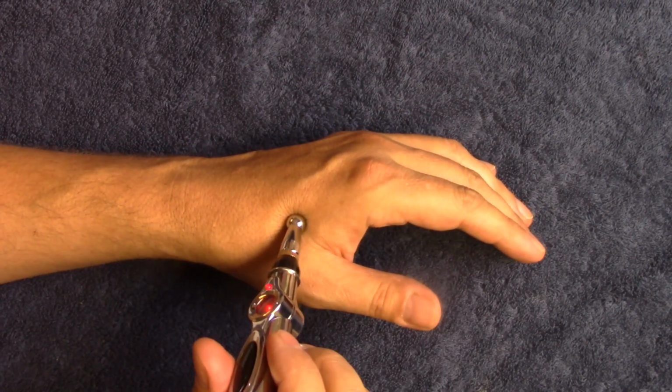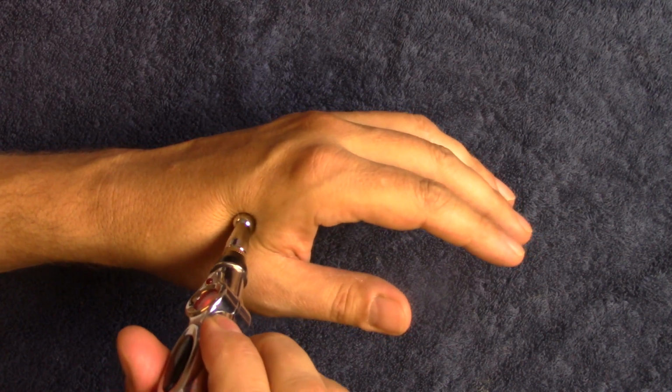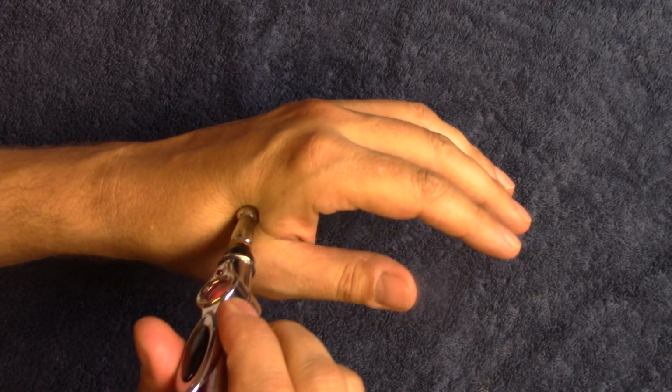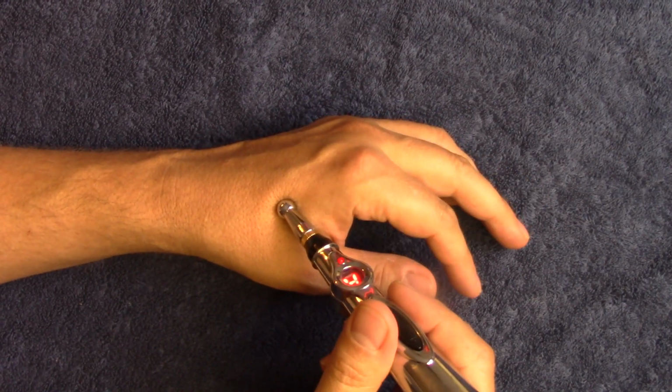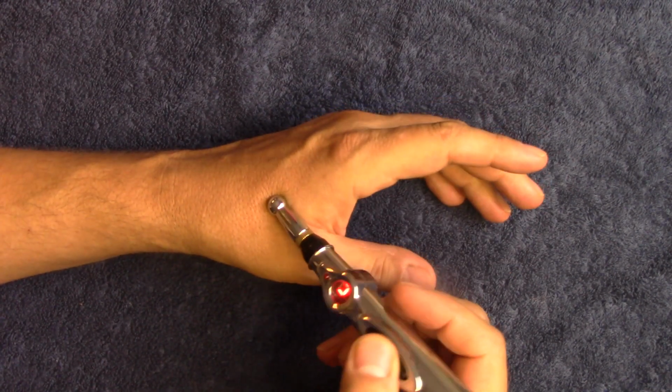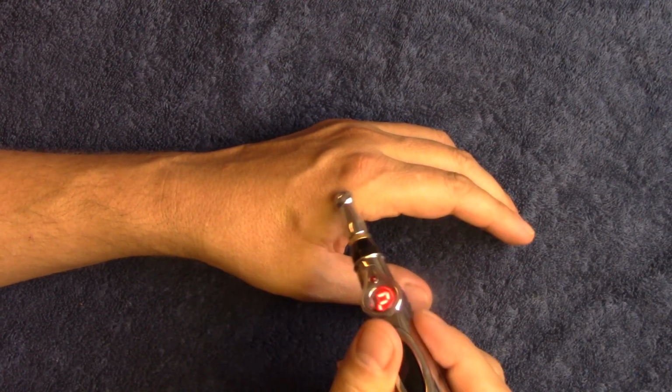Get it up in there. There we go. We can see a little bit of the twitching of the hand as I find that point a little bit better. And remember, we're trying to hold them for about 10 seconds on whatever intensity you're doing. This one right now I'm on 4, and I like to do them at 1 at first, especially down here